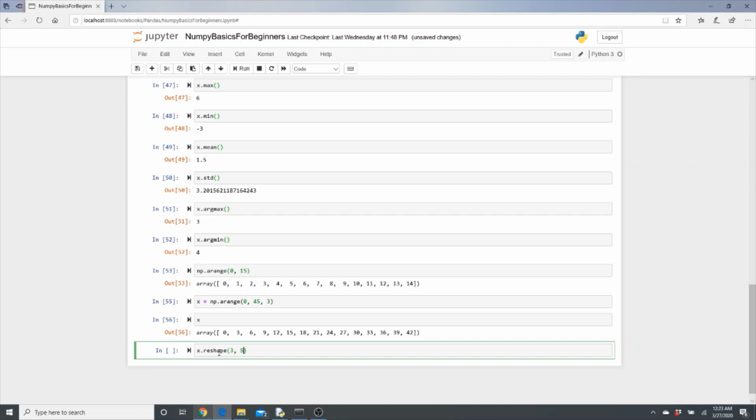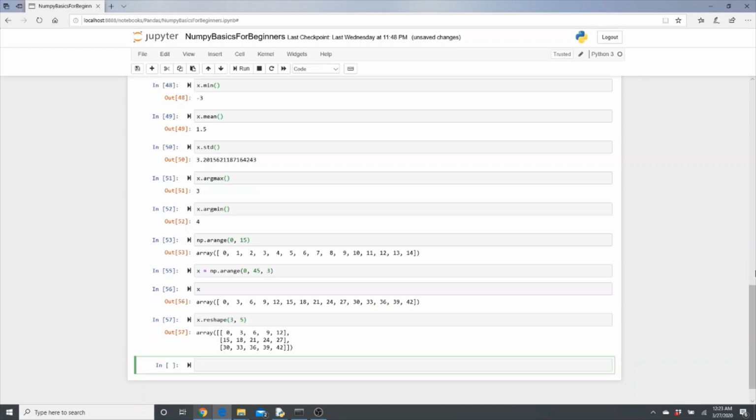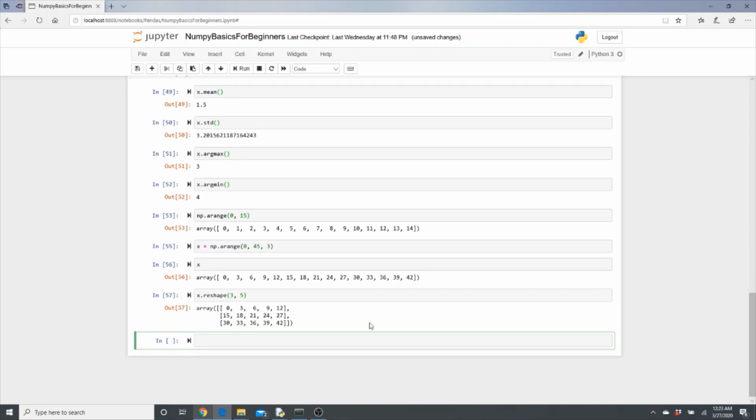Reshape to 3 by 5. That returns a matrix, a matrix of 3 by 5: 3 rows and 5 columns. You can see the same values, 0 to 42 with interval 3. It just reshapes the values. So next we'll do the